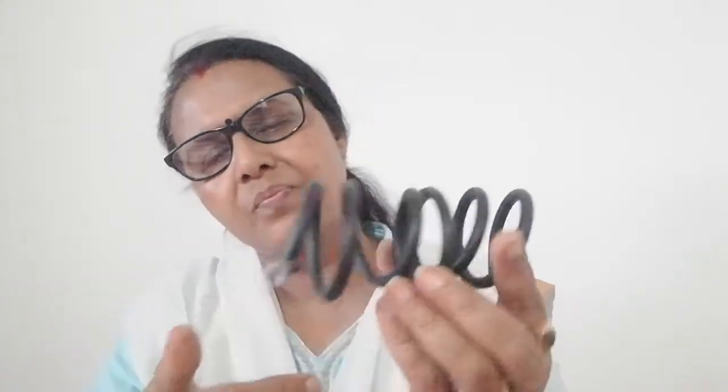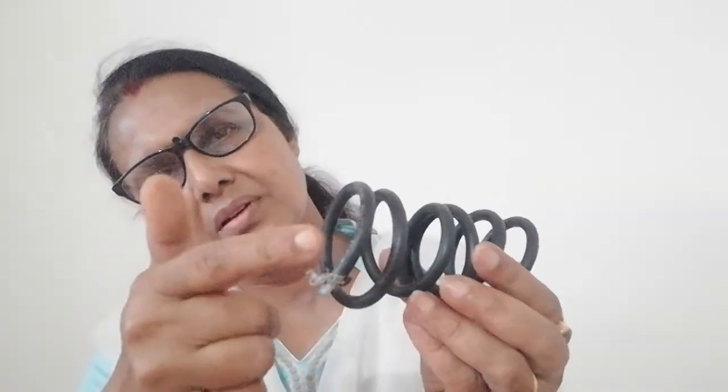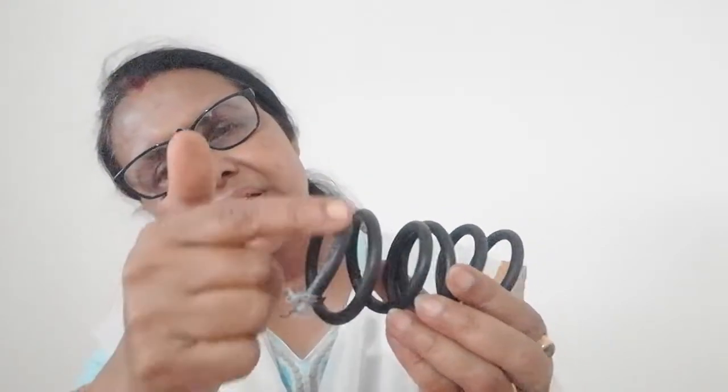So as a whole, in this whole side of the solenoid the direction of current will be upward, and on the other side the direction of current will be downward. Now applying the clock rule, the direction of current is anti-clockwise. Direction of current is anti-clockwise. So this face will behave as north pole, and here the direction of current is clockwise. So this face will behave as a south pole.